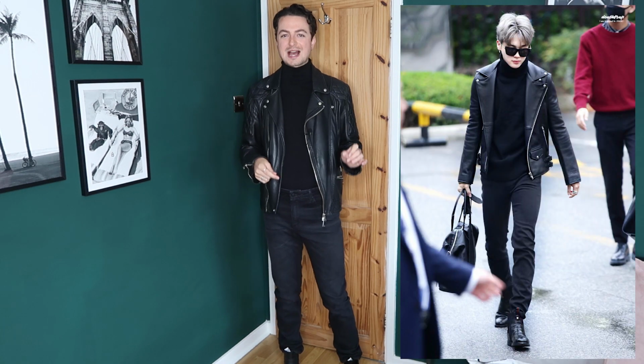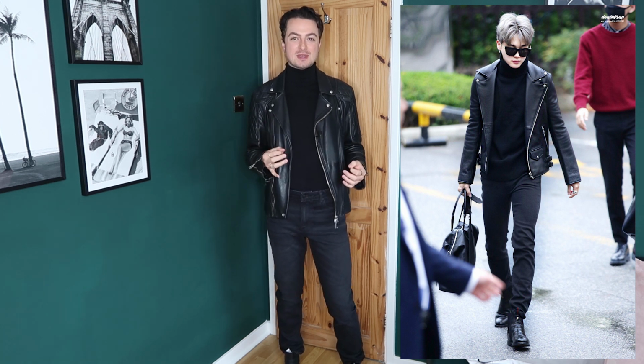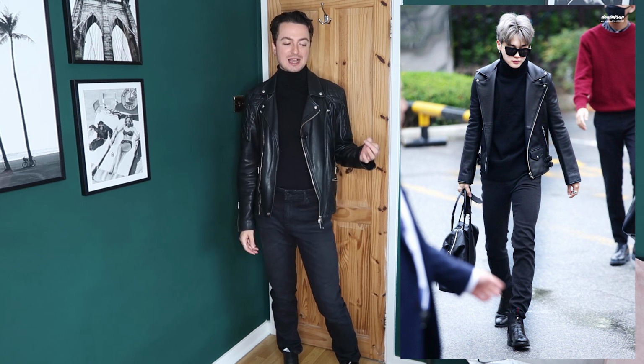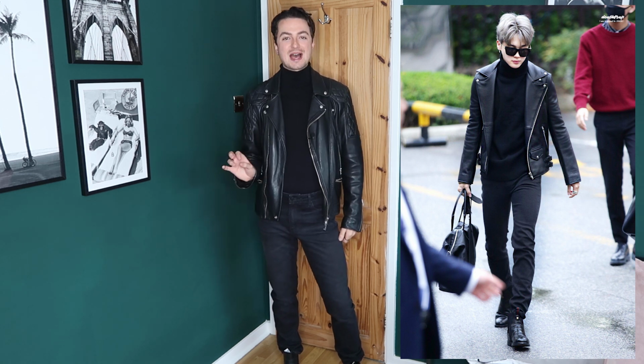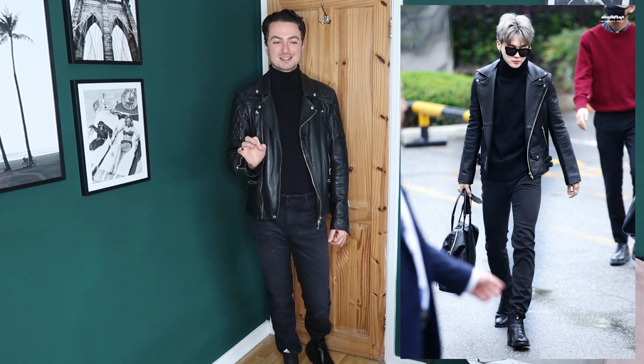Okay, so our final Jimin look is this all black sleek moment. I feel like this is a very classic Jimin. The black roll neck, the leather jacket, the black jeans with the black boots. Classic. And then we've got the sunglasses and the black bag. So let me finish off my look with my accessories. Okay, so